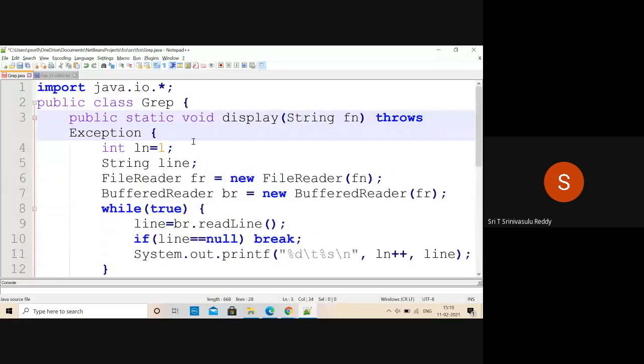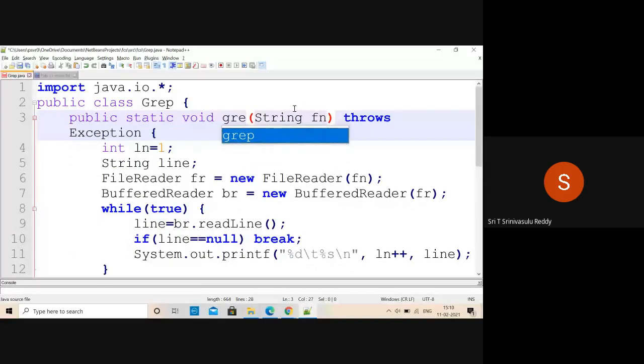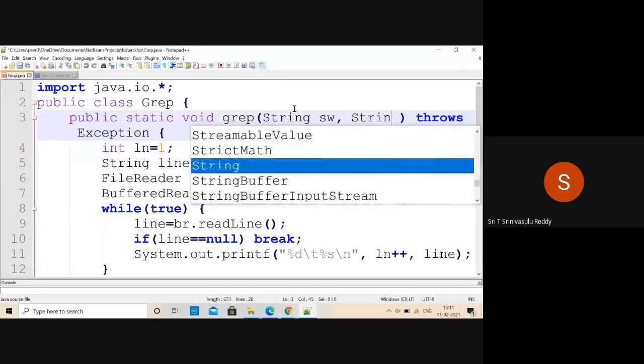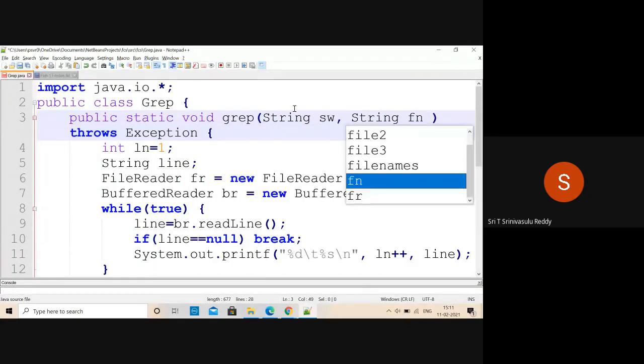Then instead of display, you call it grep. Here it takes 2 parameters. So we say string, the first one is not the file name but the actual search word, so probably I will call it SW. You can give any name. The other one is a file name.